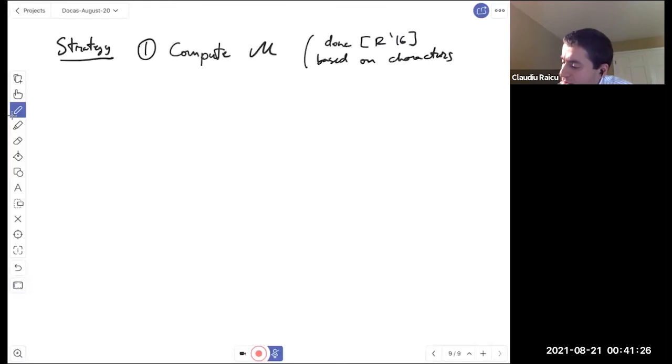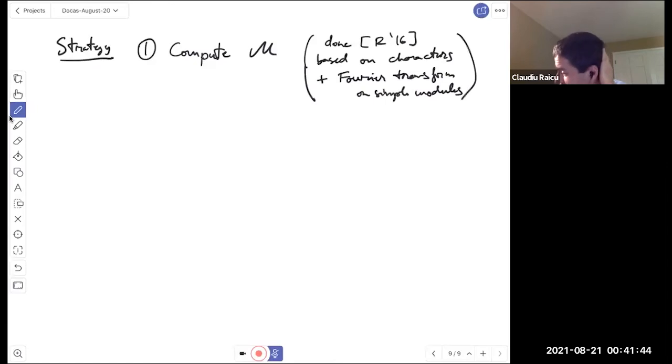Really just a simple observation plus the action of the Fourier transform on simple modules. So it's easy to see how the characters give you this matrix of micro-local multiplicities. And just what the conclusion is, what I was saying earlier,